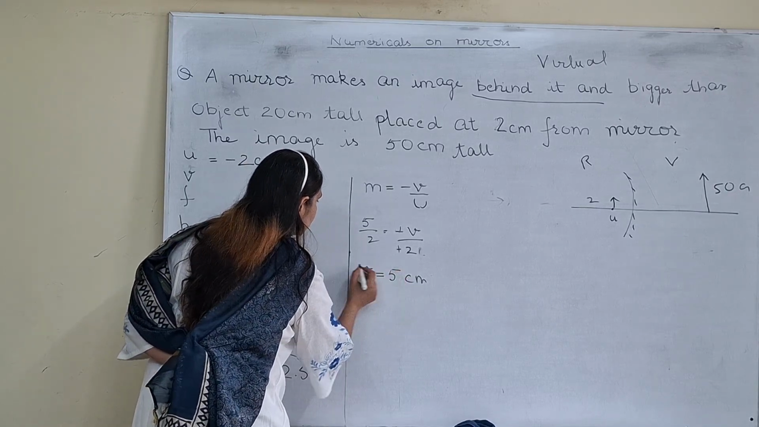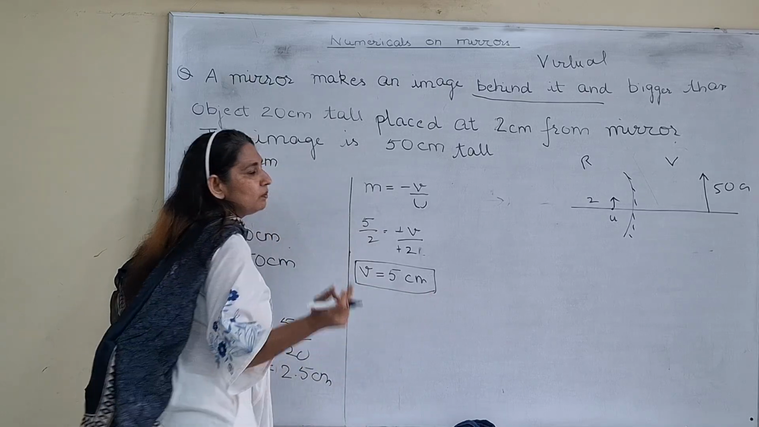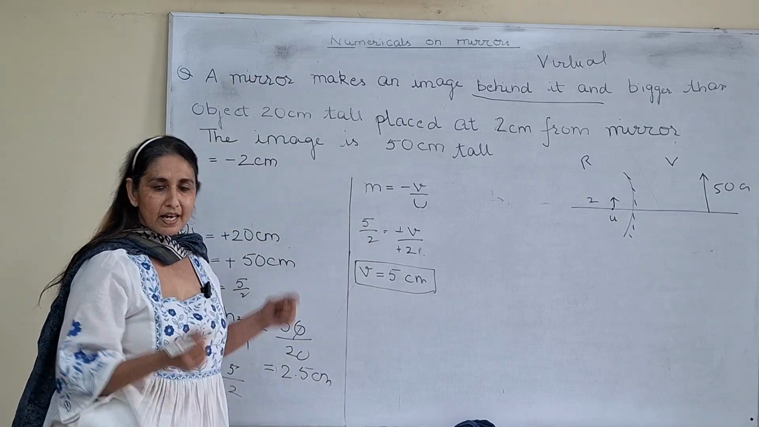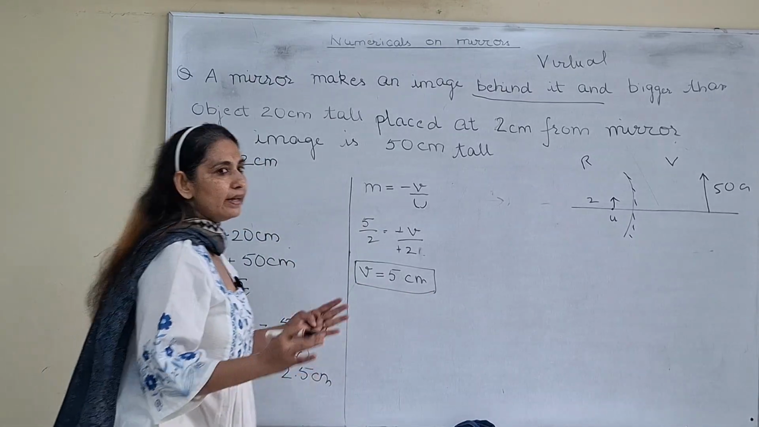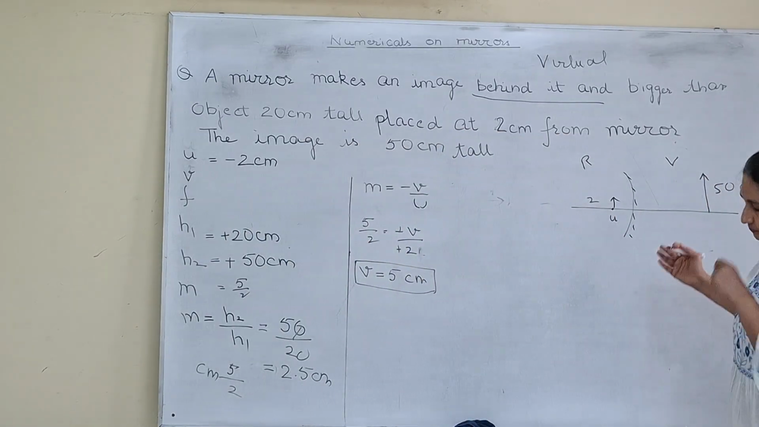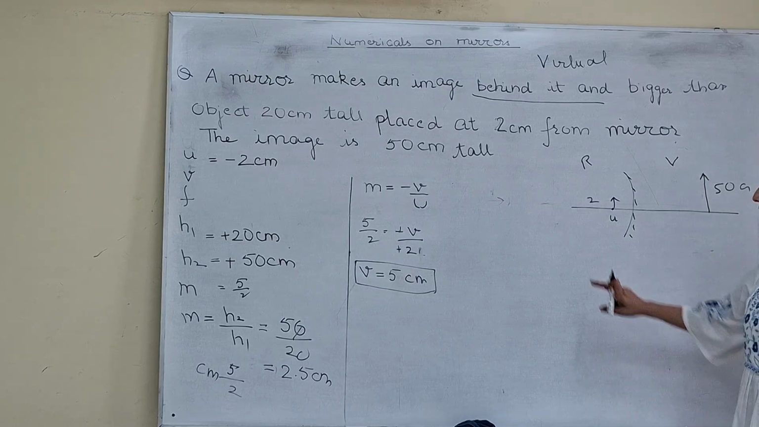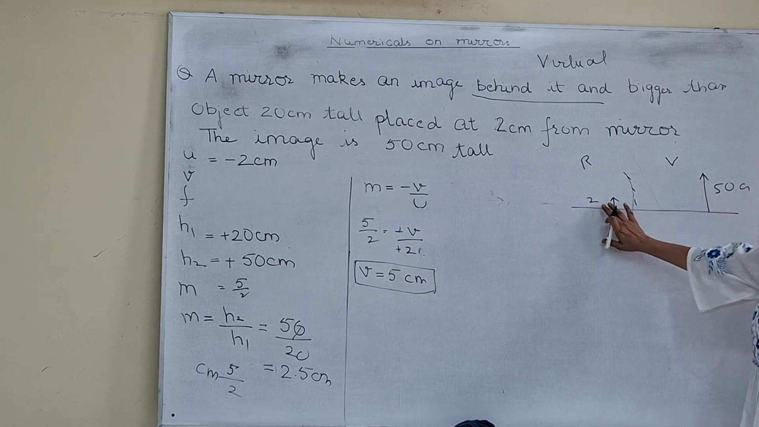फिर से सोचो, शायद मुझे गलत लग रहा है ये. How can v be positive? v can be positive. Why? Again, why? Because they said behind the mirror. Okay, they said 50 centimeter tall. Again, it is okay क्योंकि